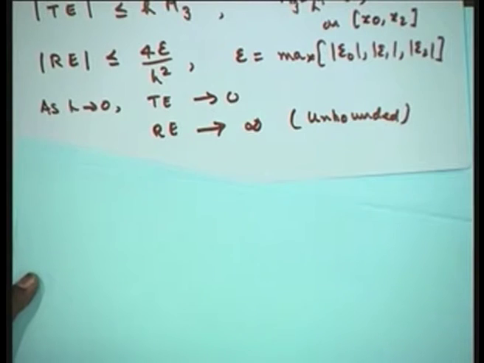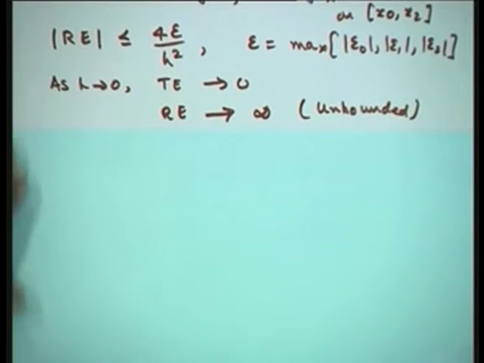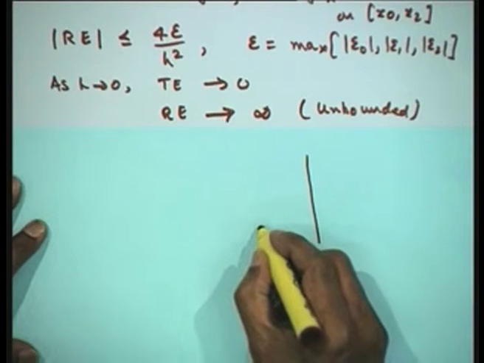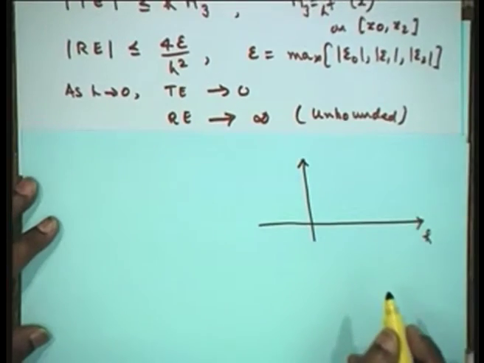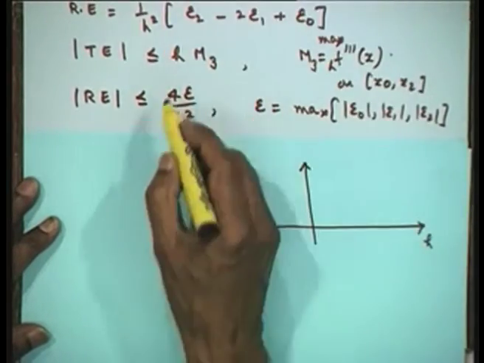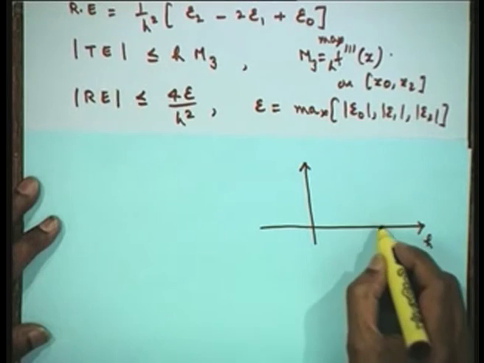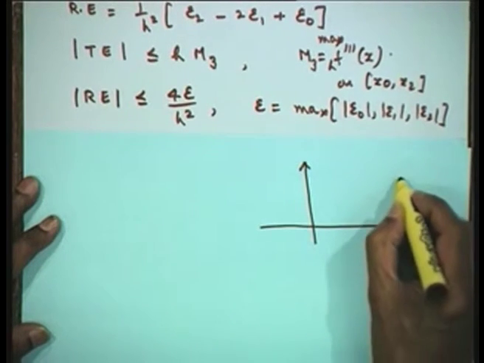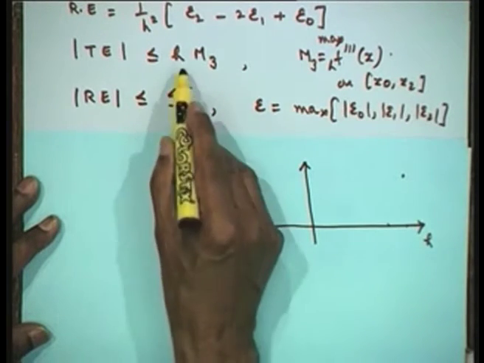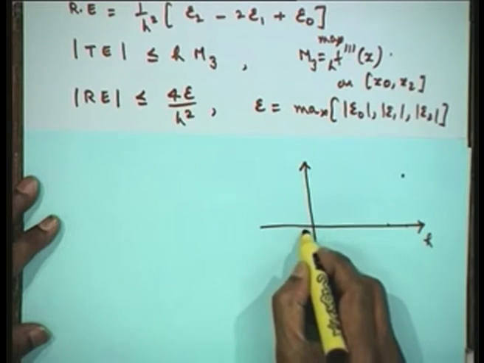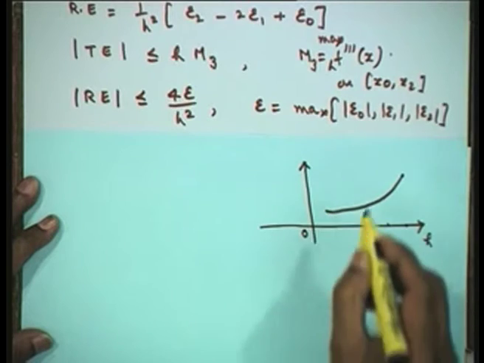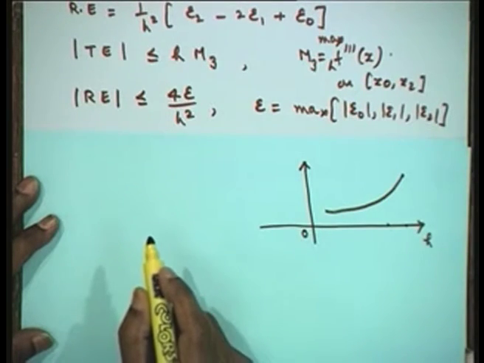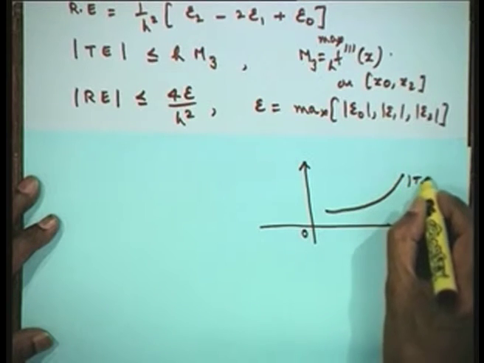Let us try to draw a graph of the round off error and truncation error with respect to the step length h. So, I will take along this h, and on this side I will take either the round off error or the truncation error. Now, if I take the truncation error for a given h, it has got a certain value. Let us suppose I choose a value of h over here and I have a value of truncation error here. As h goes to 0, that means h comes towards the origin, this truncation error goes to 0. Therefore, the graph of the truncation error will be something like that. So, it is coming to 0 as h tends to 0.